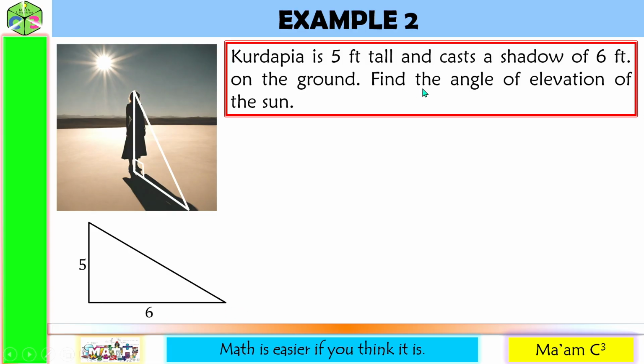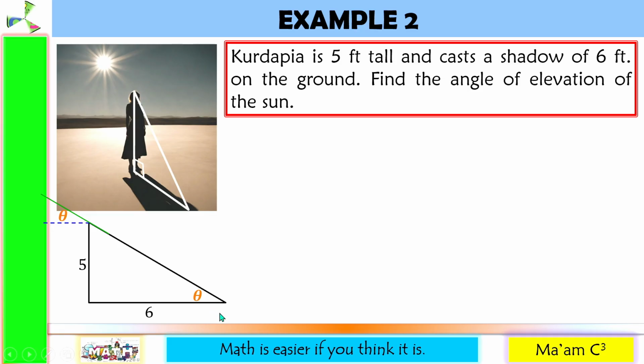And we are asked to find the angle of elevation of the sun. So let me extend this line here, the line of sight. Create a horizontal line. Here is the angle of elevation. If this is theta, then this is also theta. Why? Because these are parallel lines cut by a transversal. Same side exterior angles are congruent. So they have the same measure.